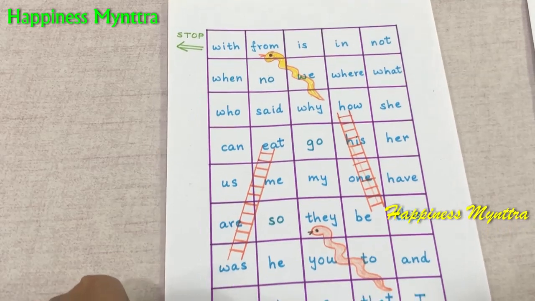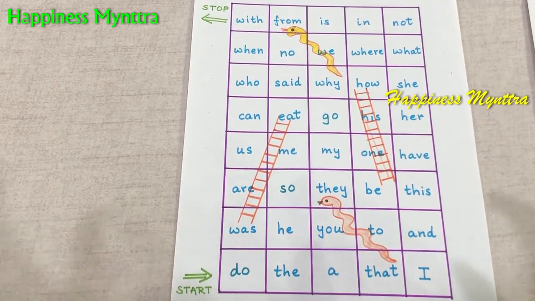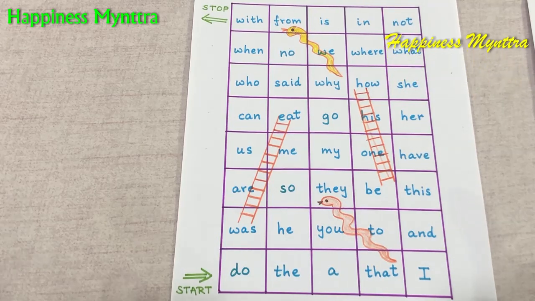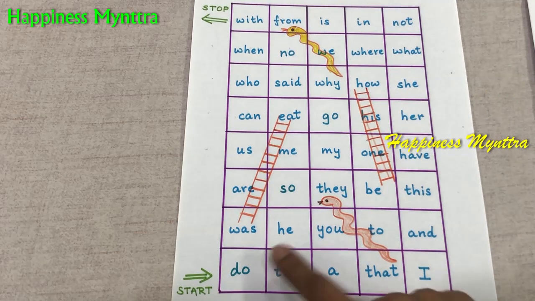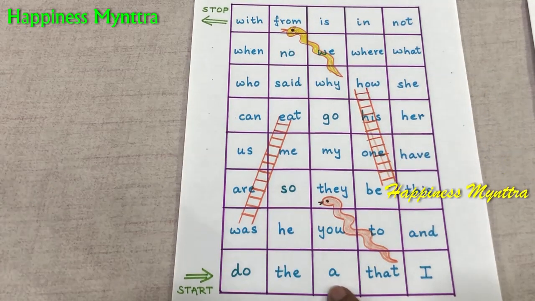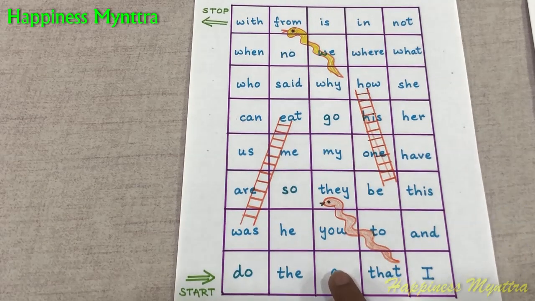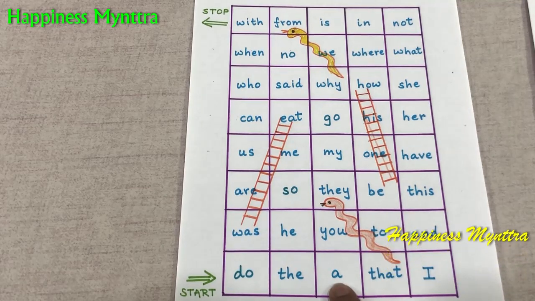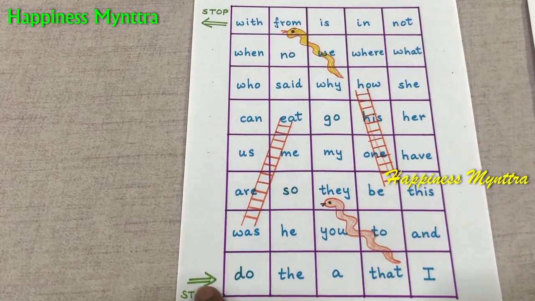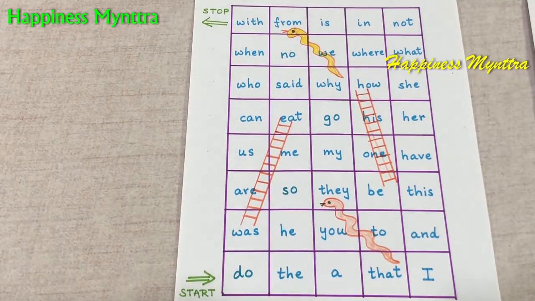Now this is a very interesting game which children love doing, snakes and ladders. So this is a variation of snakes and ladders. So it's a sight word snakes and ladders game. So you start here, roll the dice, wherever the dice comes, suppose the child rolls a 3. So he comes onto this, the child has to read it. If the child reads it correctly, good enough. In case the child cannot read it, he goes back to start. The child who reaches the top first is obviously the winner.